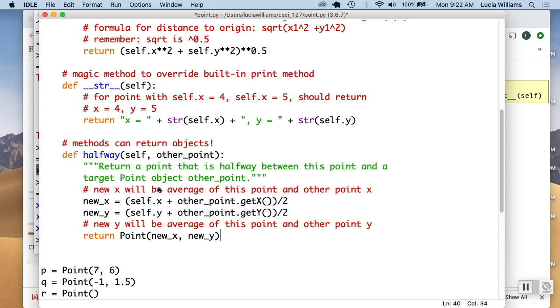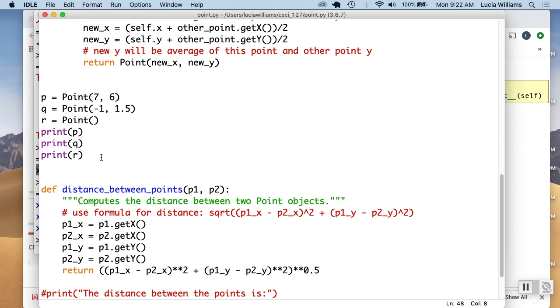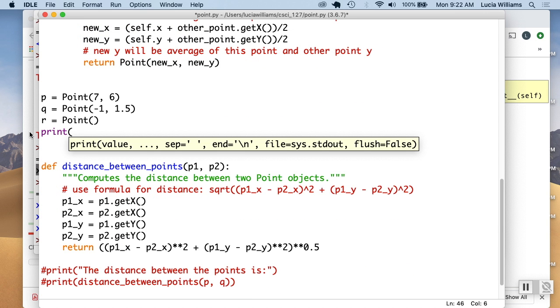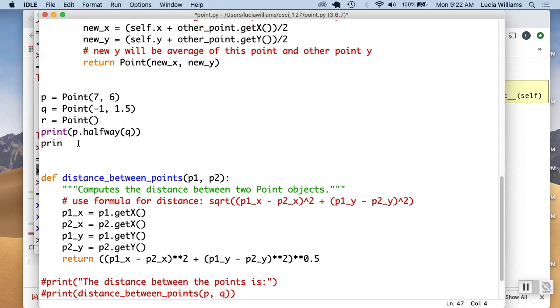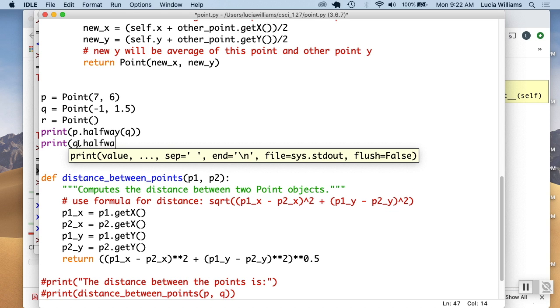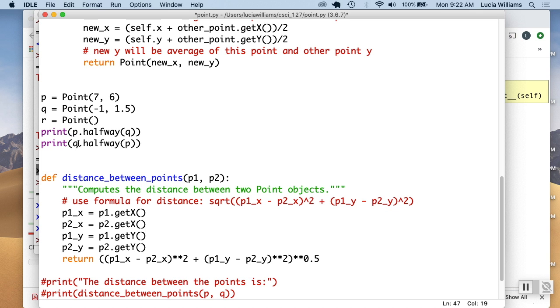And now I have my new x and my new y, and so hopefully this will run and we can see. Maybe we're going to do something like print, and let's do our syntax here. Let's say we want to do halfway between p and q. We could either do p.halfway(q), and that should be the same as q.halfway(p), right? So let's just try it out and see